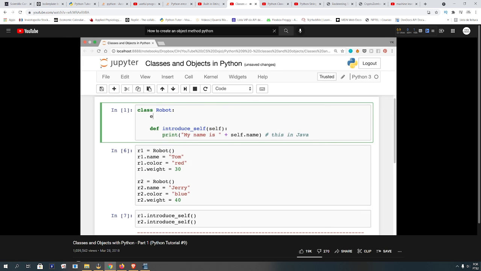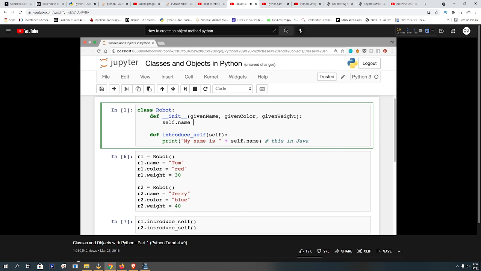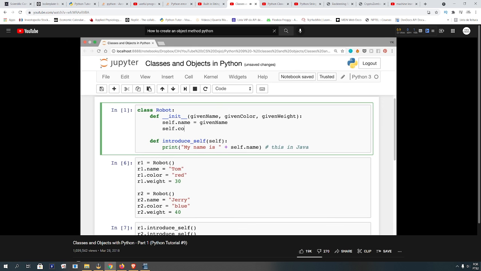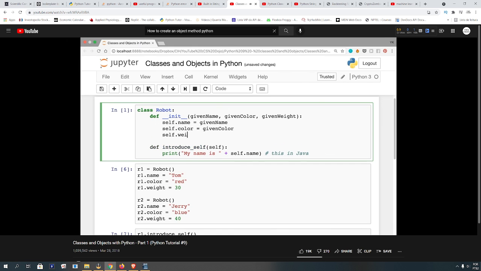And in Python, you can create a custom constructor with this keyword, underscore underscore init and underscore underscore. So there's the word init, and it's surrounded by two pairs of underscores. And then parentheses, and let's have this function take 3 arguments, given name, given color, and given weight. So these are the name, color, and weight we want to set for this particular object that we are trying to create. And then we can write here self.name equals given name, self.color equals given color, and self.weight equals given